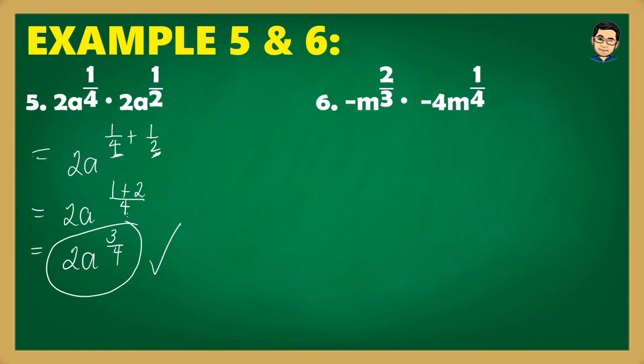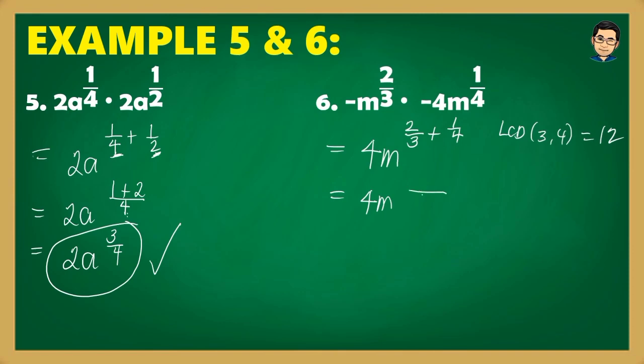Next, negative m raised to 2/3 times negative 4m raised to 1/4. So, dahil negative times negative, that is positive. So, magiging 4m raised to 2/3 plus 1/4. Ayan. So, the LCD, 3 tsaka 4 is 12. Ayan. So, isusulat lang natin as 4m raised to,